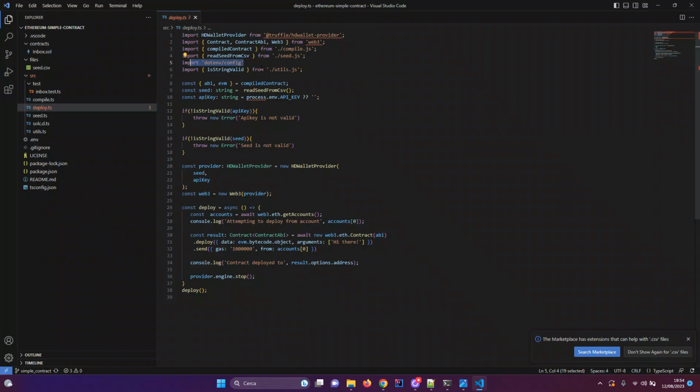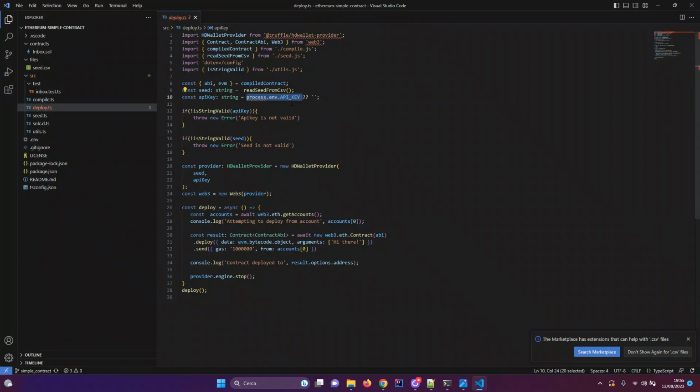So basically, we get the compiled contract from the compile.ts. We will read the seed from the CSV file, this one that we have discussed before. We get the API key, the Infura API key, which allows us to connect to the Sepolia test network.